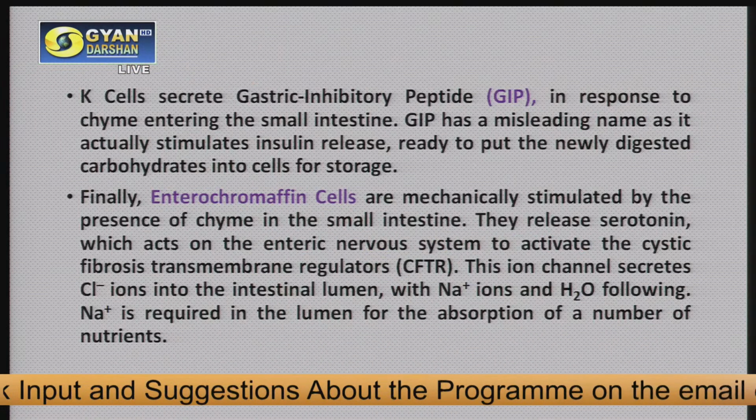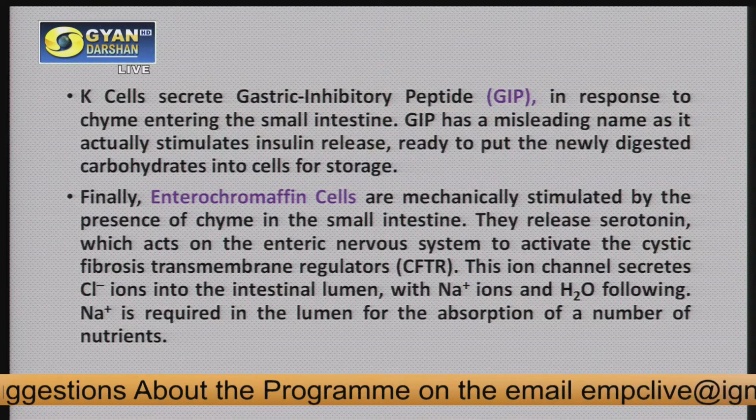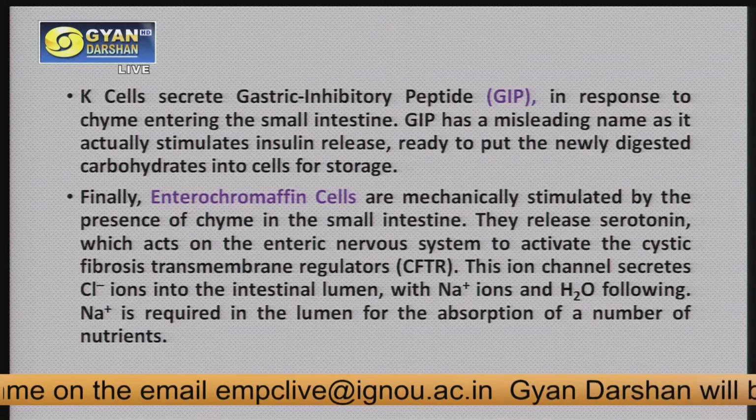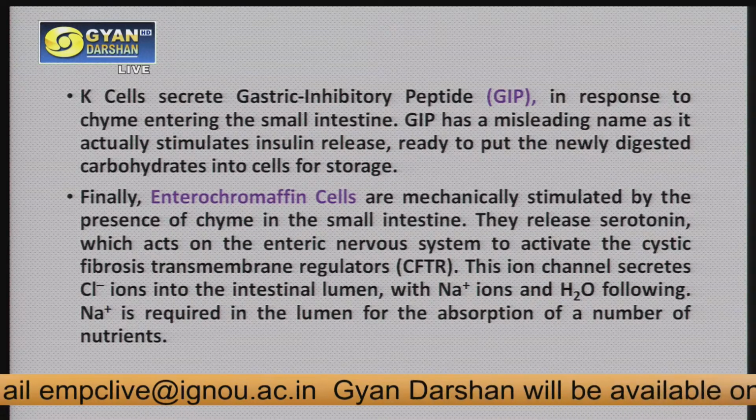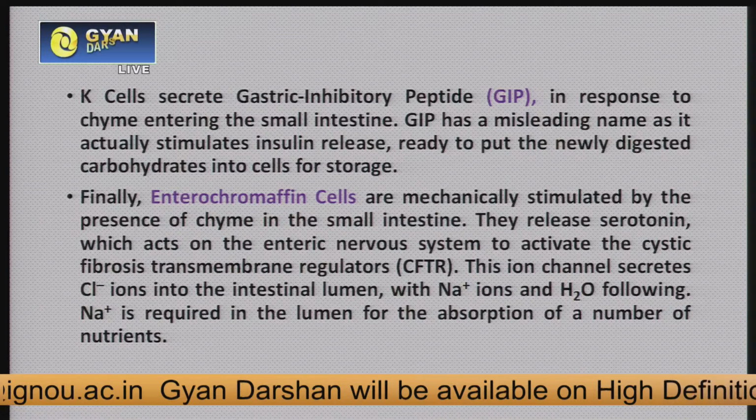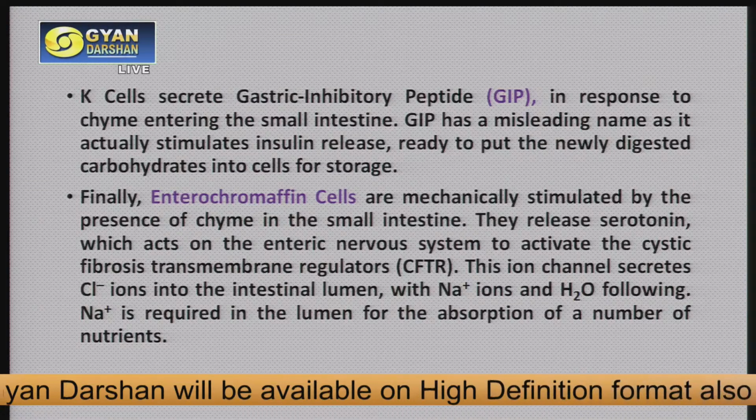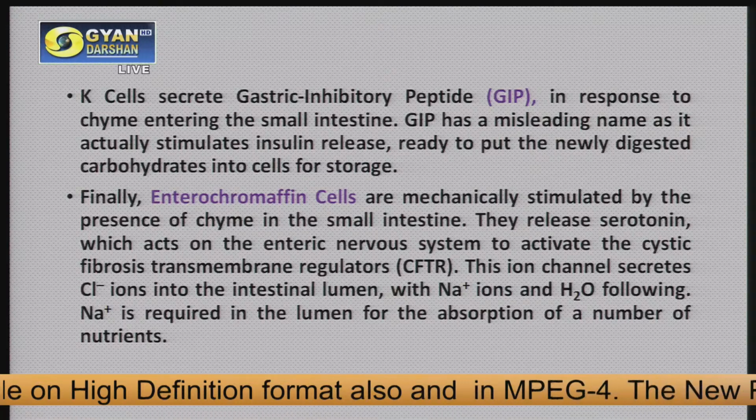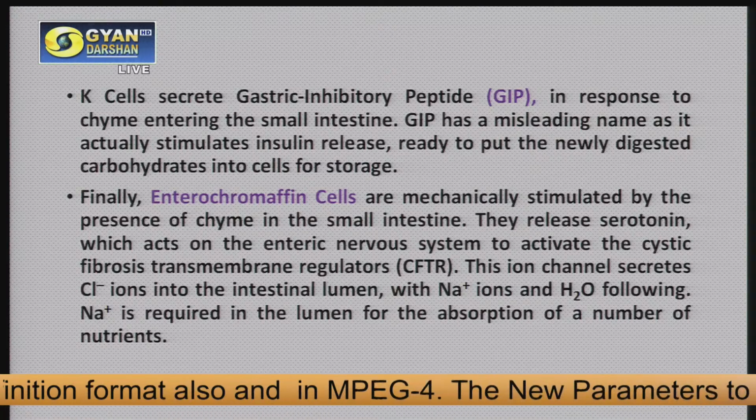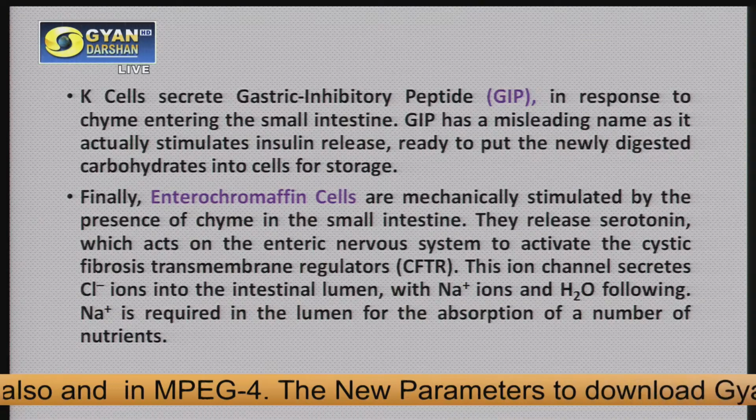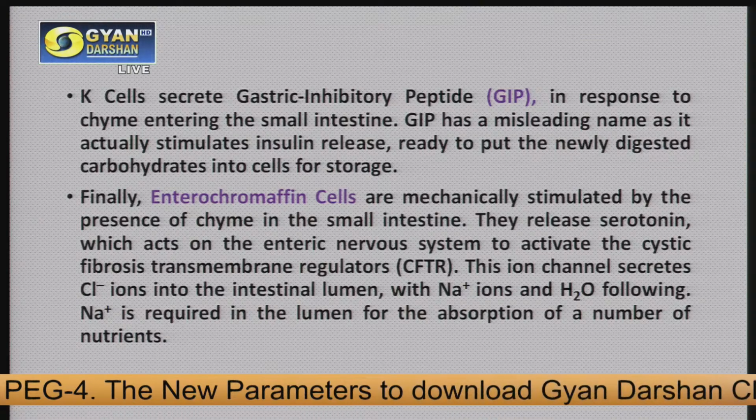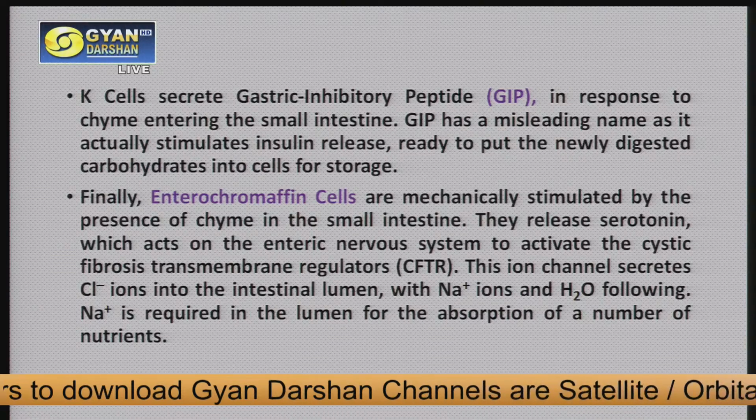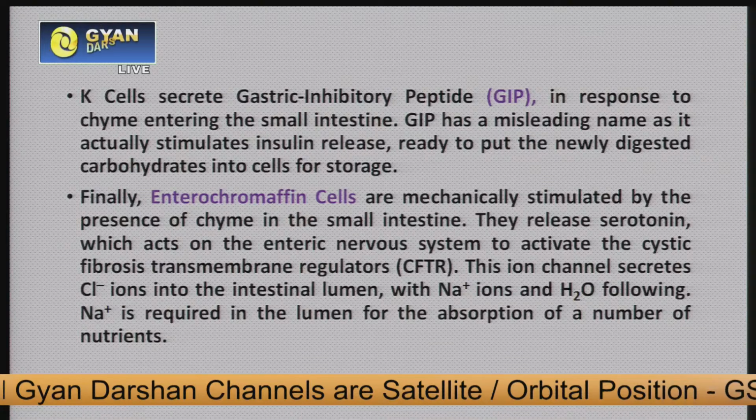And K cells secrete gastric inhibitory peptide in response to chyme entering the small intestine. And GIP has a misleading name, because the name is gastric inhibitory, but it actually stimulates insulin release, which is ready to put the newly digested carbohydrates into the cells for storage. And then finally there are the enterochromaffin cells, and they are mechanically stimulated by the presence of chyme in the